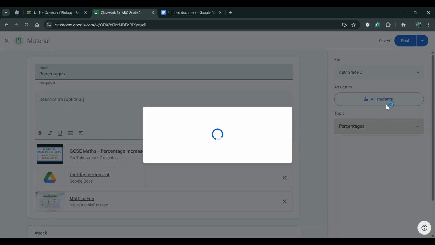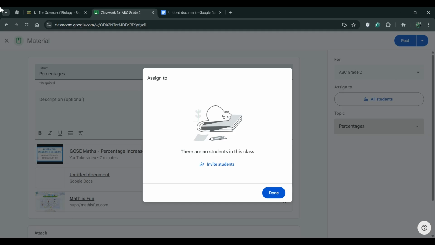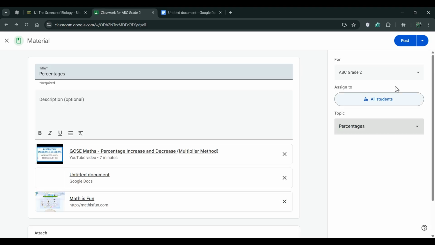Assign to all students. Normally we are assigning it to all the students, but if it's not for everyone, then you will be able to assign it to a few students. From here it will show you a list of students. Okay, it will show you a screen like this. Well, there are no students in this. I will show you an example of a classroom I have, in which I have a student, so it would be easier for you to understand then. Okay, now